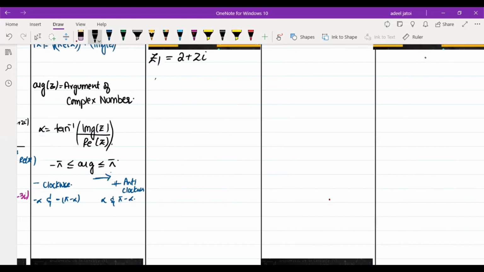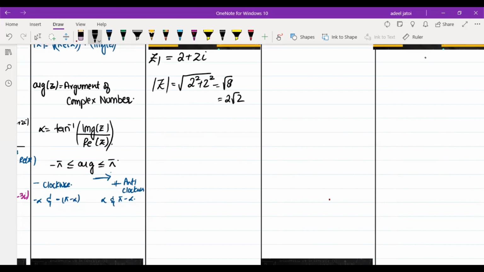So if I want to take out the modulus of Z, this should be under root 2 square plus 2 square, which means 4 plus 4 is under root 8, and under root 8 is 2 under root 2. So the modulus or the length that we are getting is 2 under root 2,